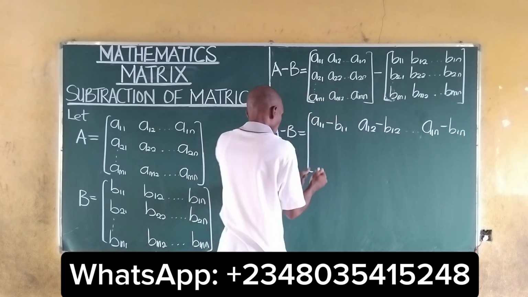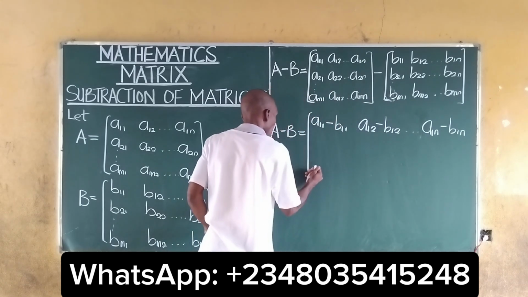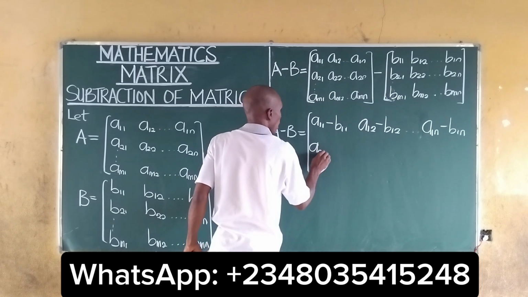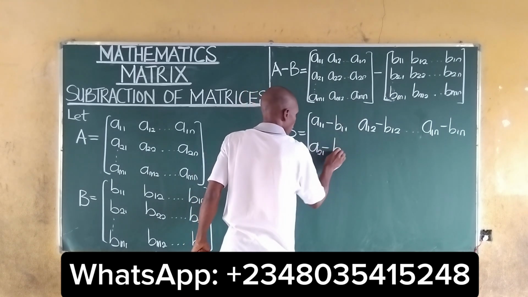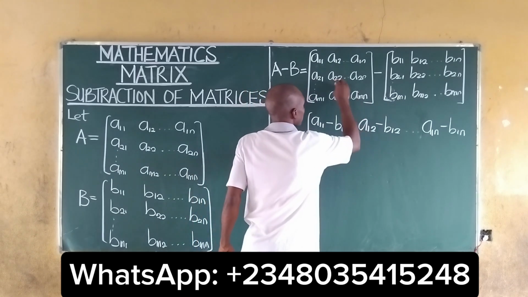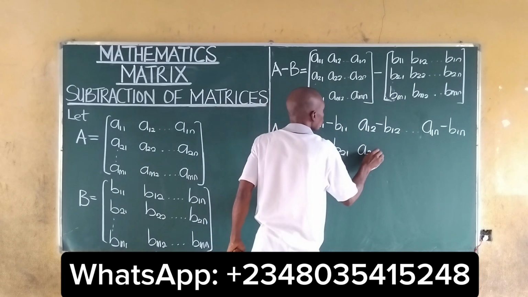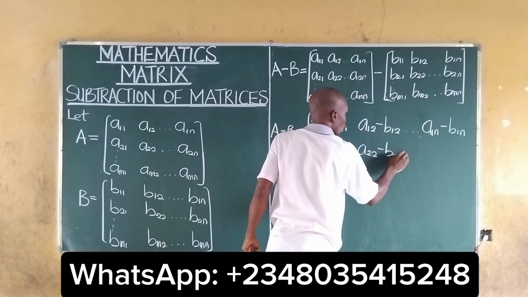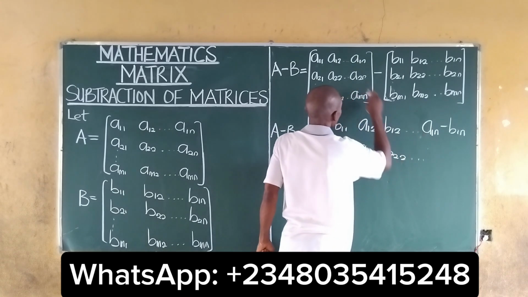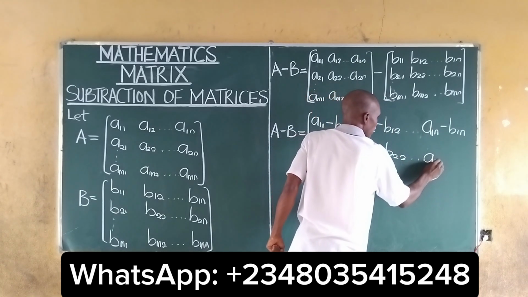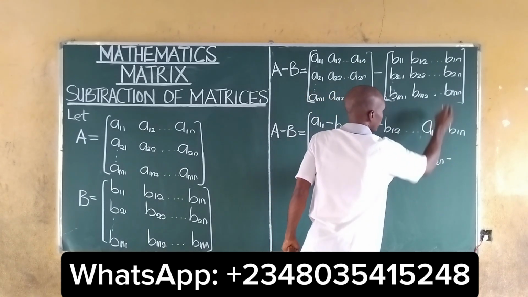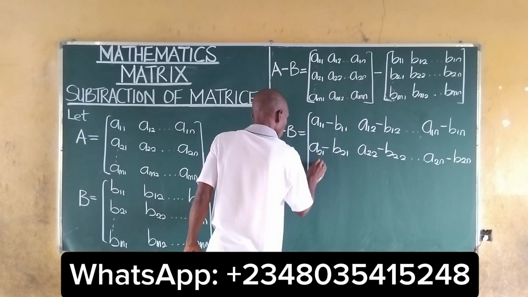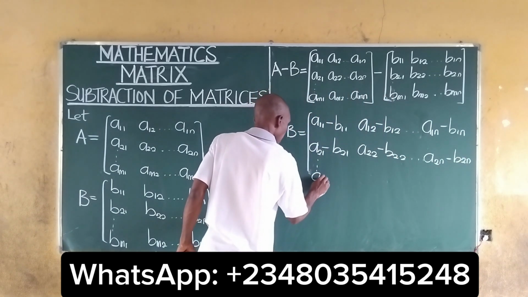If you move over to the second part, we have A21 minus B21, A22 minus B22, and A2N minus B2N. We move on to the last, AM1